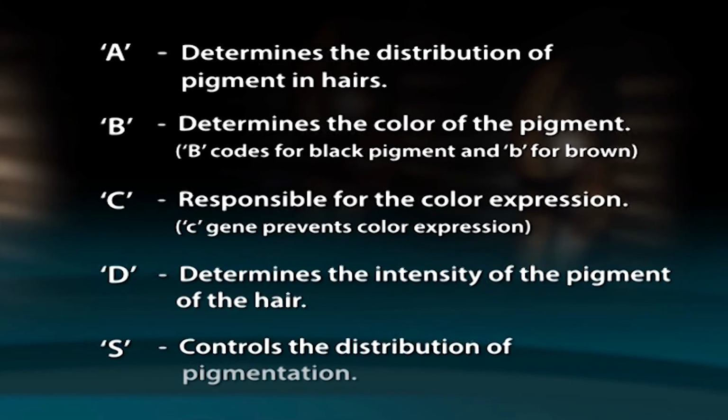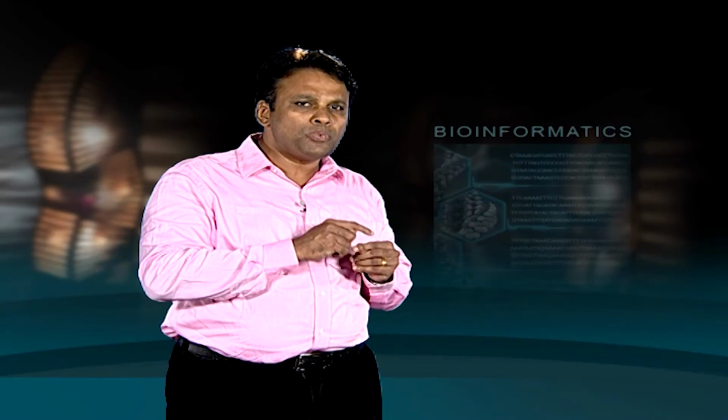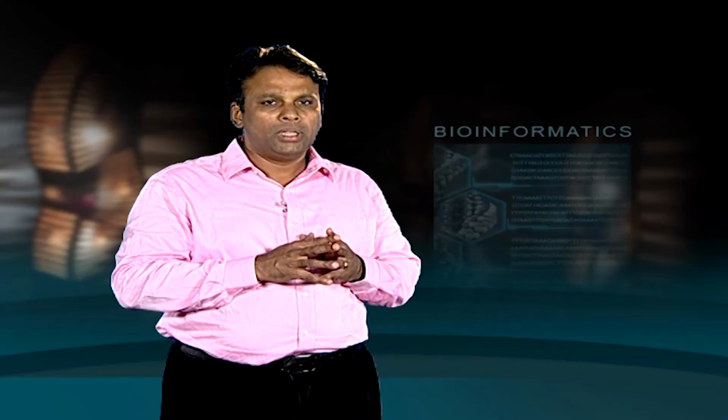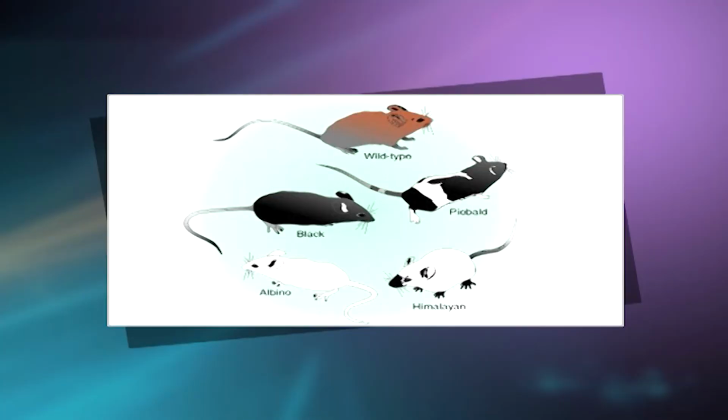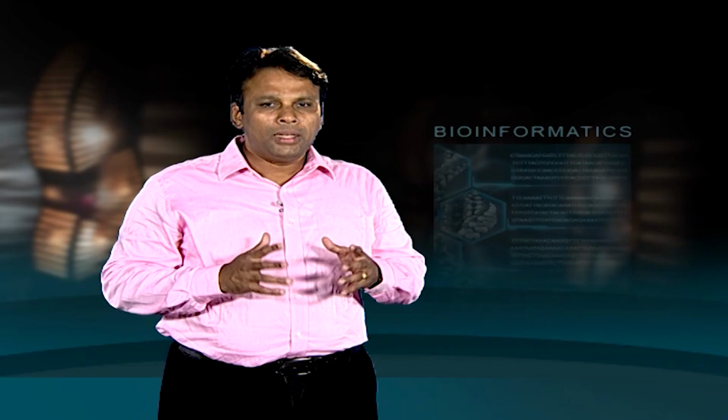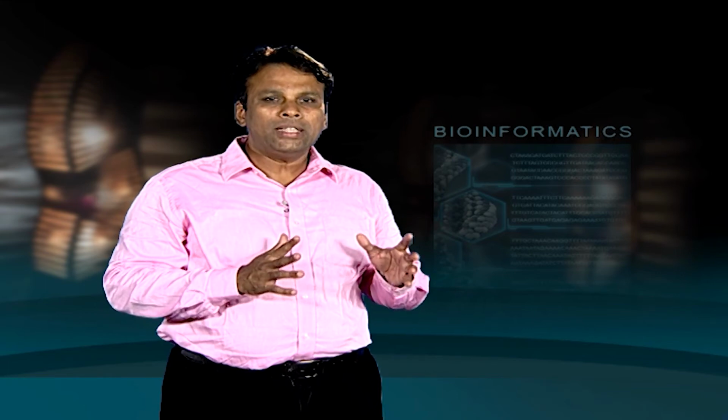The capital S gene controls the distribution of pigmentation, that is, the presence or absence of spots throughout the body. The genotype capital S results in no spots, whereas small s is responsible for a spotting pattern called piebald in mice. Let us summarize the foregoing discussions